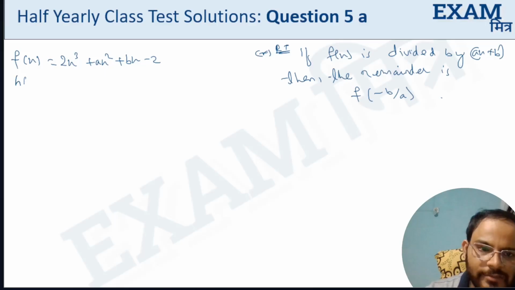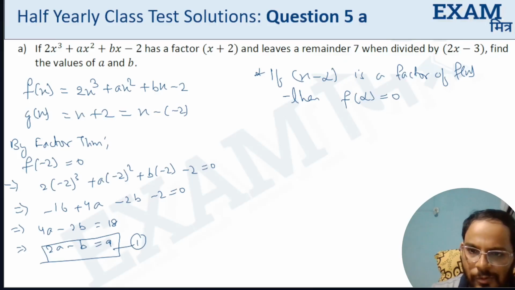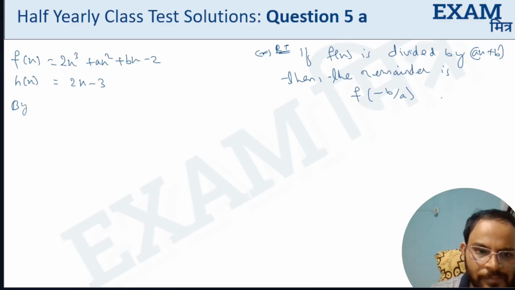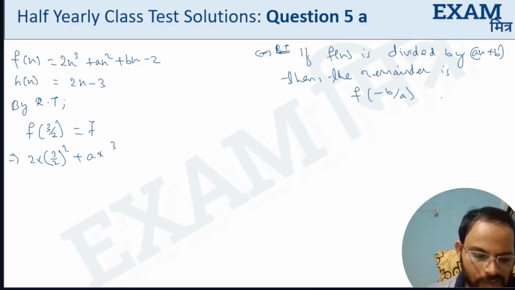And consider the divisor as h(x). And what is h(x)? 2x minus 3. So according to remainder theorem, we can say that f of 3 by 2 must be equals to the remainder, that is 7. So what is f of 3 by 2? 2 times 3 by 2 cube plus a times 3 by 2 square